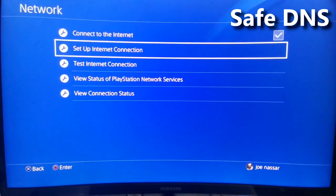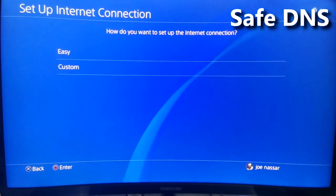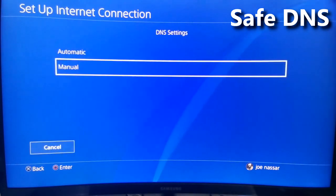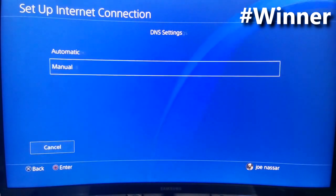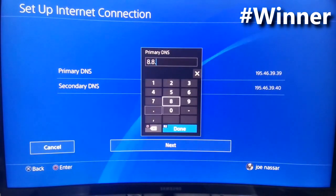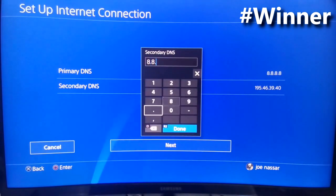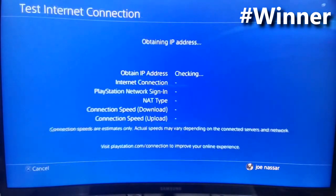So of the 5 DNS codes that I tested, Google, Cloudflare, DNS Advantage, OpenDNS, and SafeDNS, I can clearly say that we have a winner, which is Google's public DNS. But at the same time, we do have the Open DNS, that was actually quite good and almost as fast as Google's public primary and secondary DNS. So we're gonna set back the Google's DNS and we're gonna test the